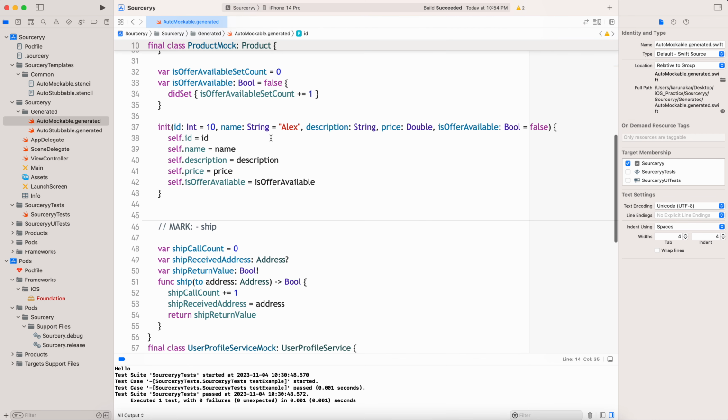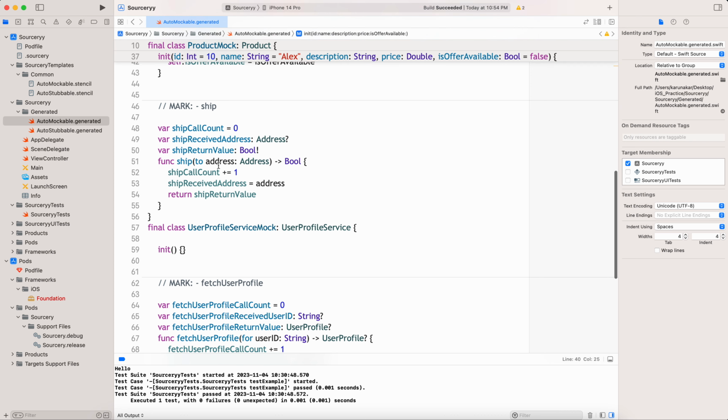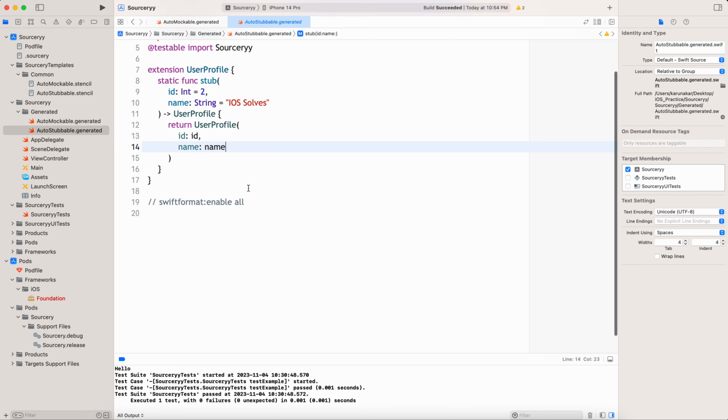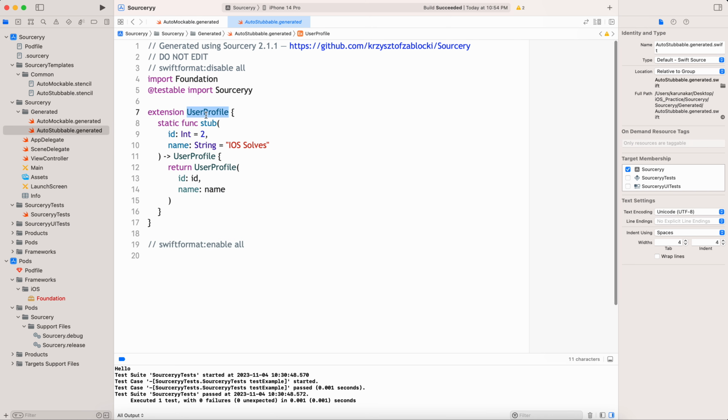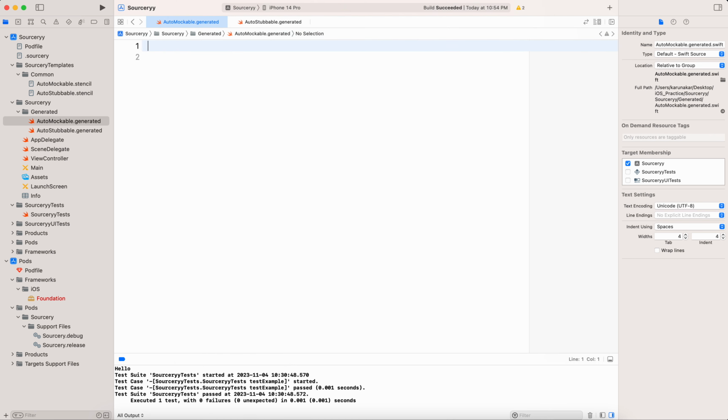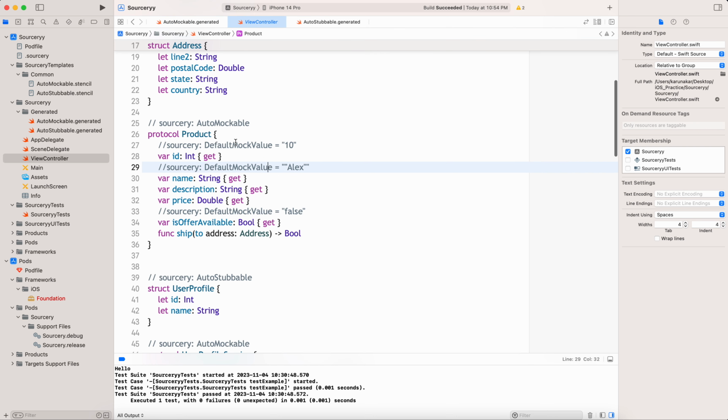So that's how it's very flexible to have the default values of the stencil templates, and using the auto mockable, auto generated. Now it's very easy to generate how many user profile stubs I want, correct? That's pretty much the advantage of Sourcery for generating the stubs and mocks for the unit test cases that we need to build, instead of us developers writing each and every stub and mock for each and every protocol model. So not only this, what we can also do is, let me clear everything,